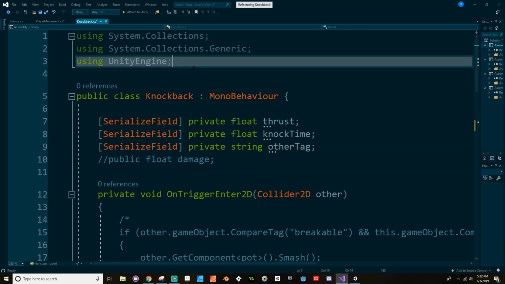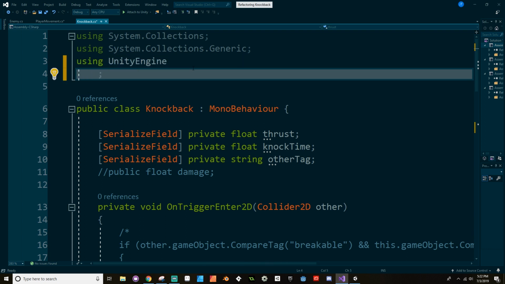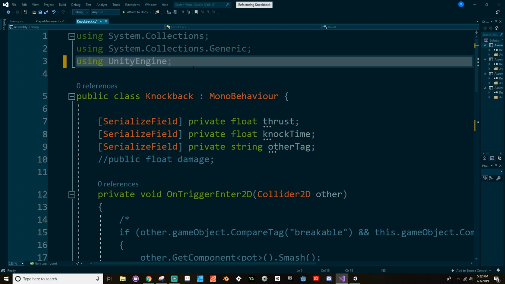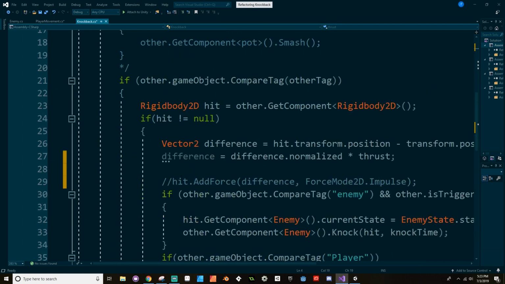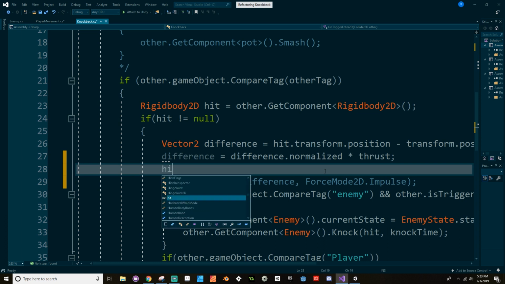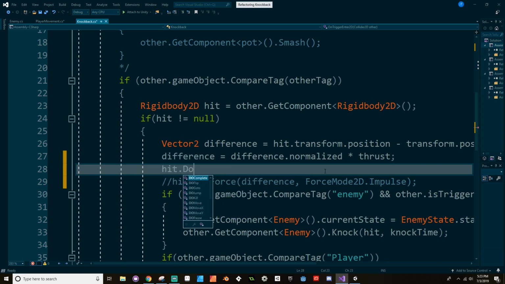Oh, okay. We need to add the tweening library here as well. So we're going to do using DG.Tweening, and then instead of hit.AddForce, we're going to do hit.DOMove,